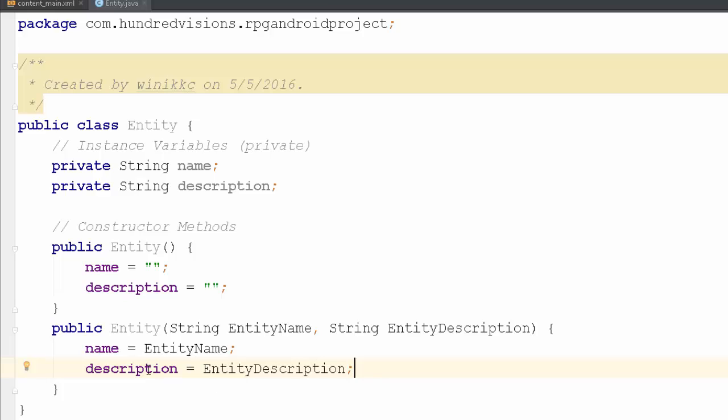The nice thing about this is it's a little bit easier to tell which variable is which. Most people coding object-oriented that are comfortable with it will have no problem knowing what's going on there. But now you can kind of see this entity name is the outside variable or the outside value coming in